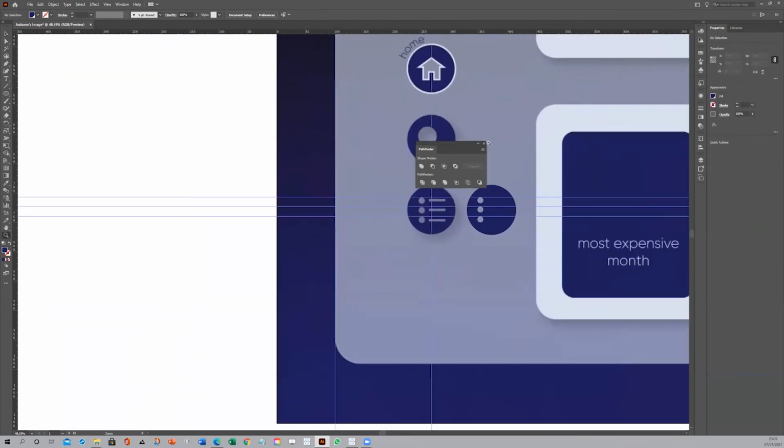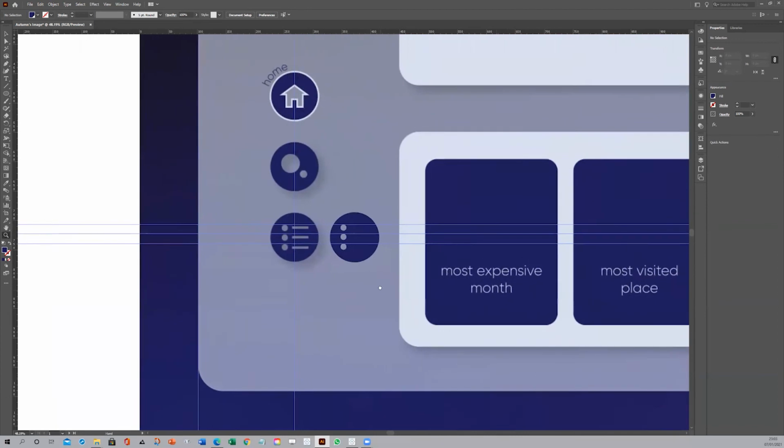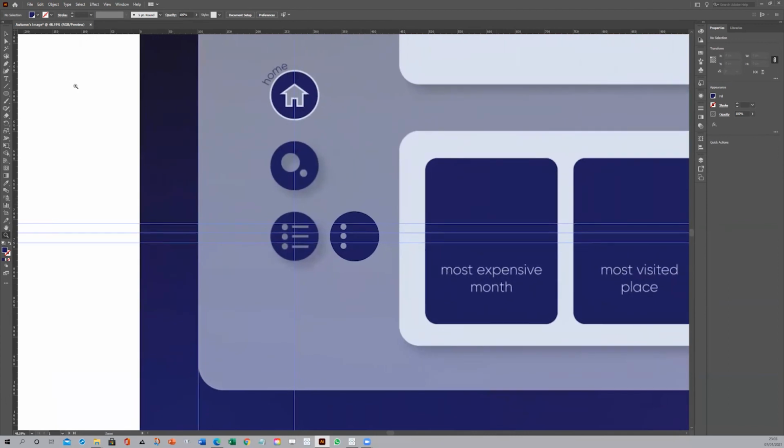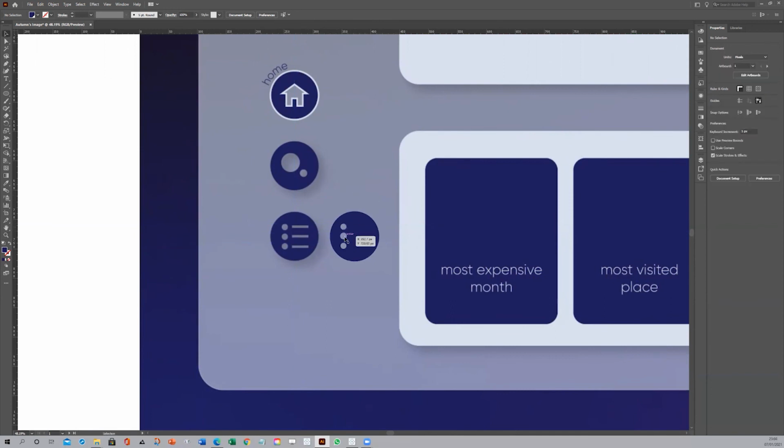Because I created a compound path this time using the Pathfinder, but also holding down Alt when I selected the tool, I've got circles that I can adjust, and they're still taking